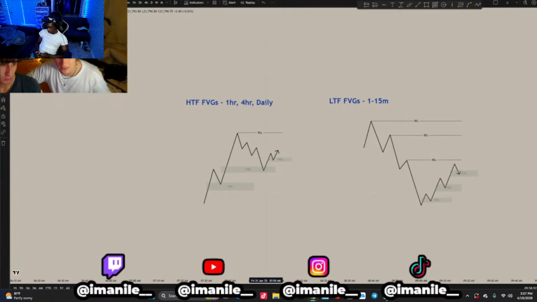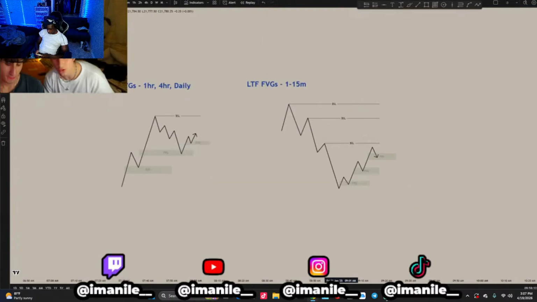Determining that higher time frame draw on liquidity. But fair value gaps within the 1 and 15 minute, that's more so going to help you with internal liquidity. It's going to help you determine where price is going to want to go to on the lower time frame, right? So